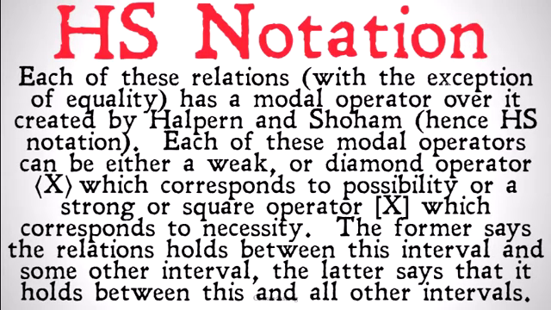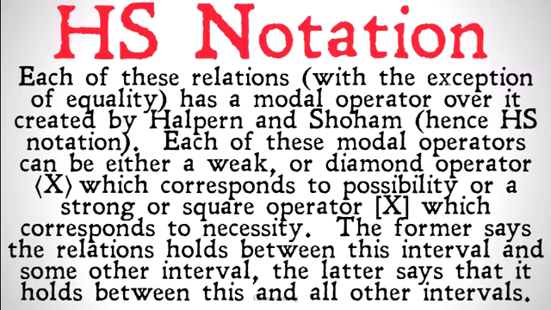Now, each of these relations, with the exception of equality, so the first 12 relations we're going to talk about of the 13, has a modal operator over it, created by Halpern and Shoham, hence the HS notation. Each of these modal operators can either be a weak or diamond operator, which corresponds to possibility. So you remember in alethic modal logic, we had diamonds that represented possible,